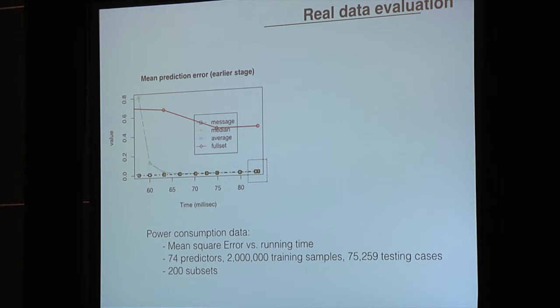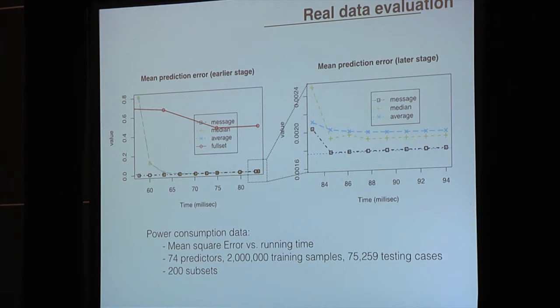You can see all three, the MESSAGE, median, and the average methods, go down very quickly compared to the full data set because they are run in parallel. But in order to compare these three, we enlarge the resolution at the later stage to see the clear positions of the three. You can see MESSAGE is even better than the other two. Here's the blue dashed line, if you can see. That is the result obtained by running the algorithm on the full data set until convergence. You can see the MESSAGE algorithm approaches that bound very, very quickly. It's almost the same. It just takes a little time to get to that place.